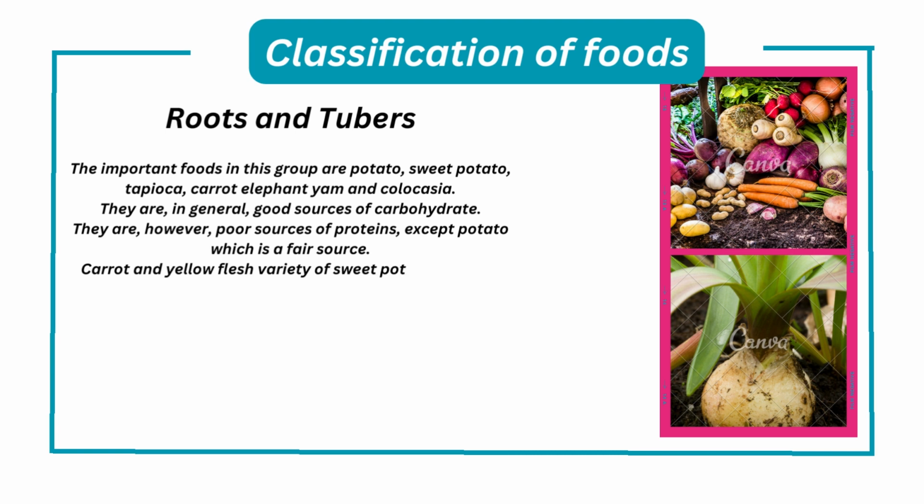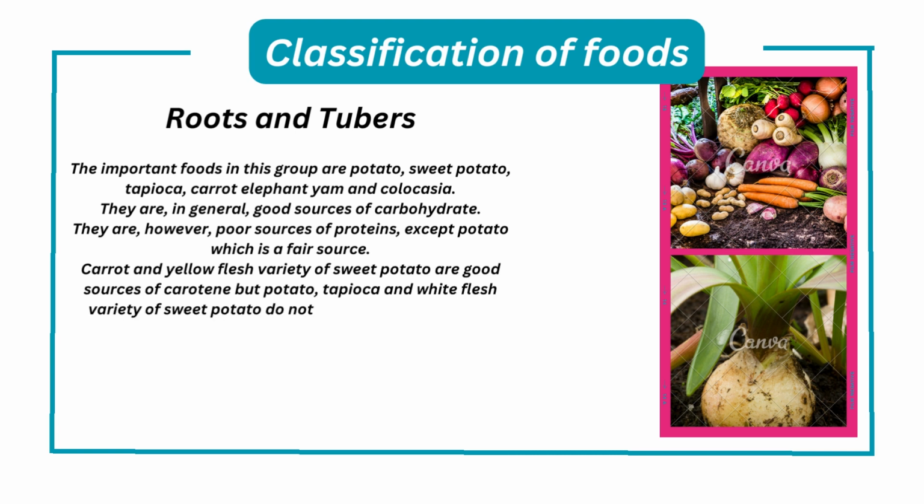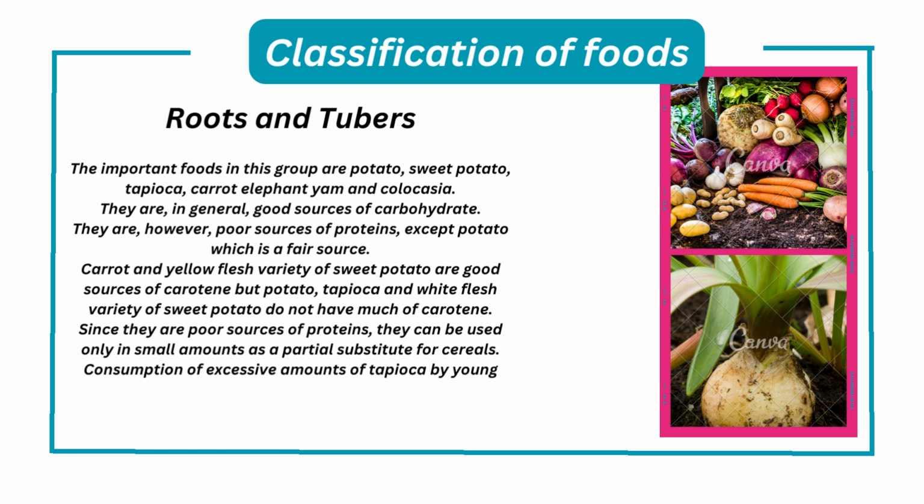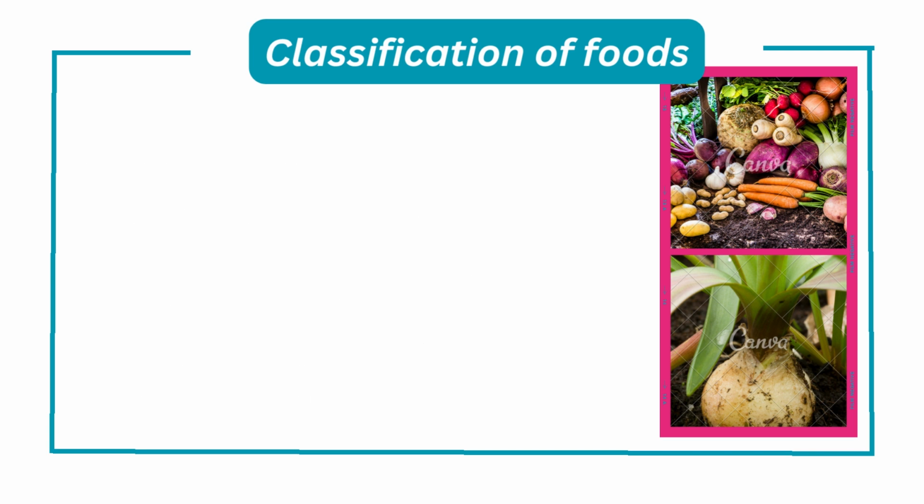Carrot and yellow flesh variety of sweet potato are good source of carotene, but potato and white flesh variety of sweet potatoes do not have much of carotene. Since they are the poor source of protein, they can be used only in the small amount as a partial substitute for cereals. Consumption of excessive amount of